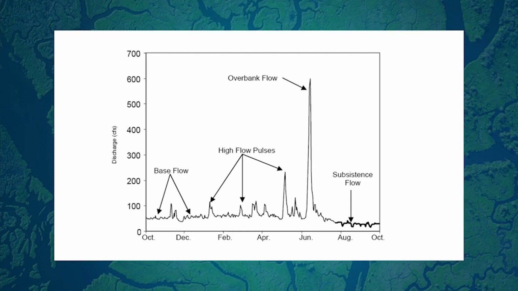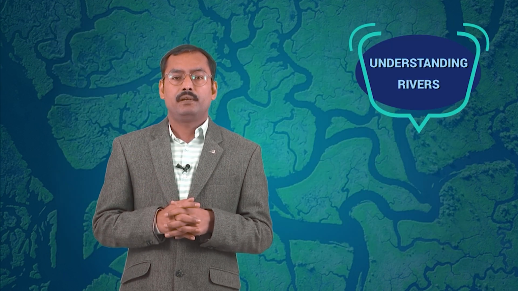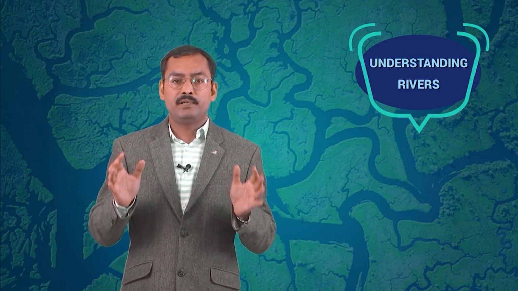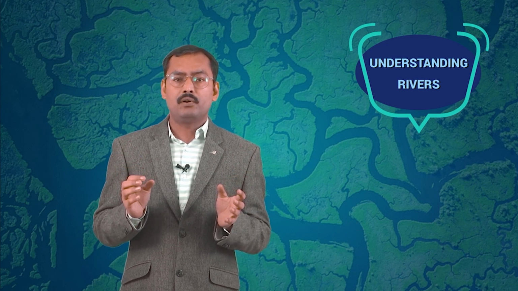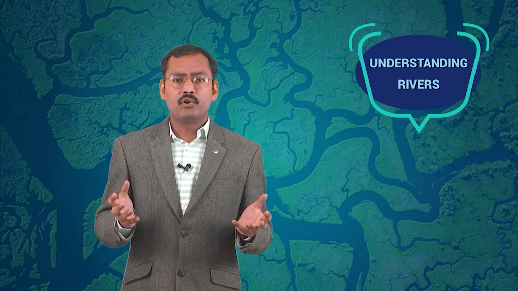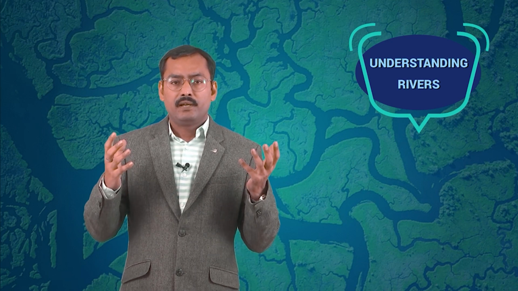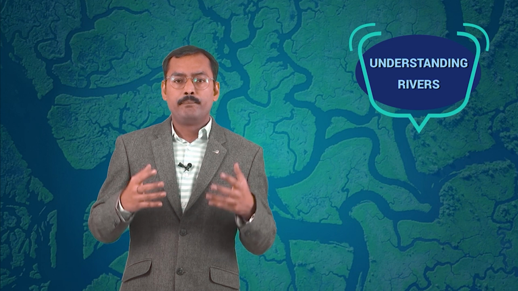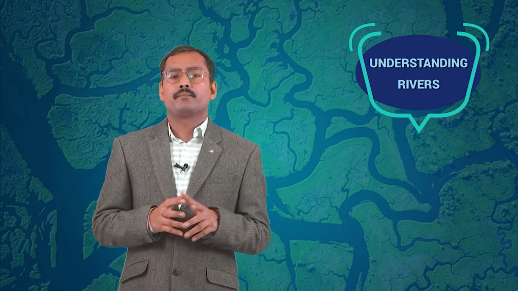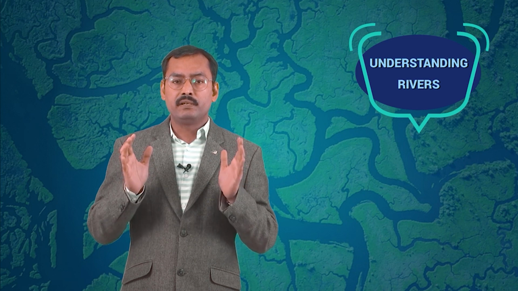So the variable flow regime of a river must be respected. The variable flow regimes act as an overriding factor in shaping the entire habitat, whether it is pool or run or riffle, and they also structure the aquatic habitat or the biota. In general, the more variable flow regimes that mimic natural flow, the better would be the species composition, richness, and abundance. And one very important factor is that the groundwater sustains the river flows.